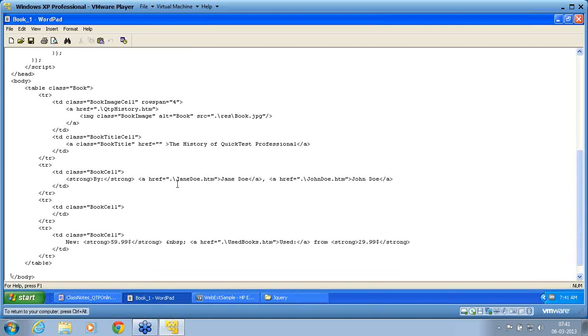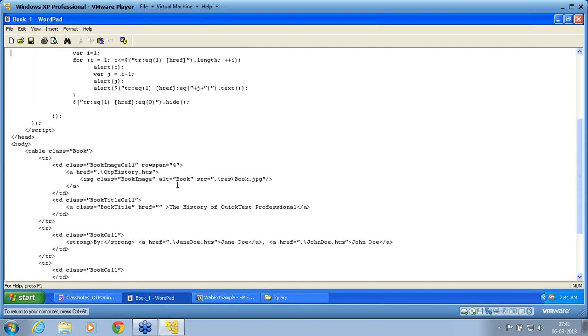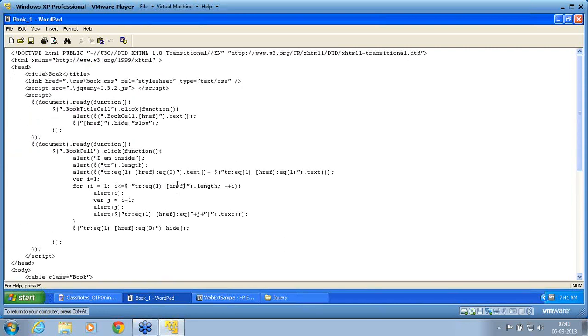Now what I have coded here is, when I click on the first example, when I click on the src file, I am loading the CSS file also. Book.css is the file which is already there. I am using that now. And jQuery, since it is in one level folder, I am using a dot because it is in the parent folder itself. From where I open this HTML, in that folder jQuery is there. So I am giving it as the same folder. In the previous case, I used a double dot because it was in the previous folder.